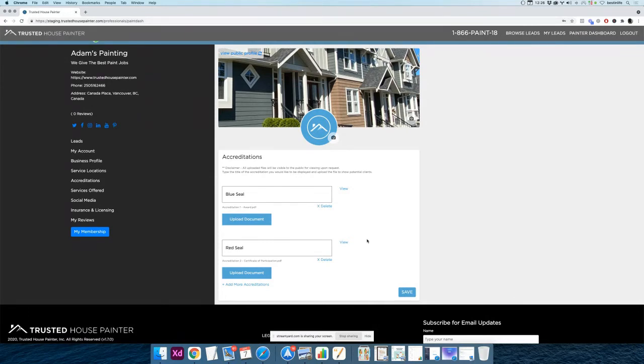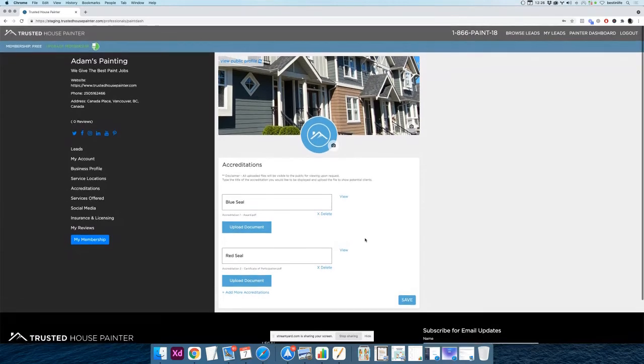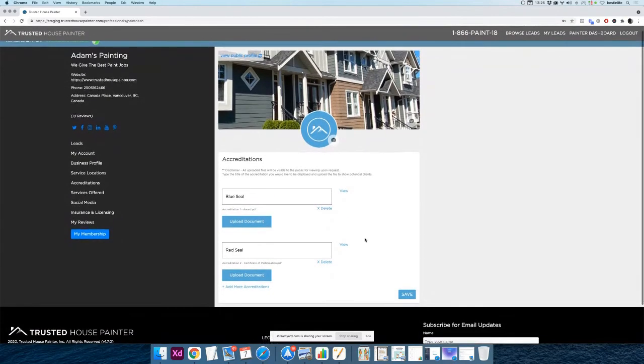So you can add 2, you can add 10. That's what the accreditations does. Just always remember to press save when you're done, and then you can click view public profile to make sure it looks legit. If you've got any questions, you can always email us at support@trustedhousepainter.com,